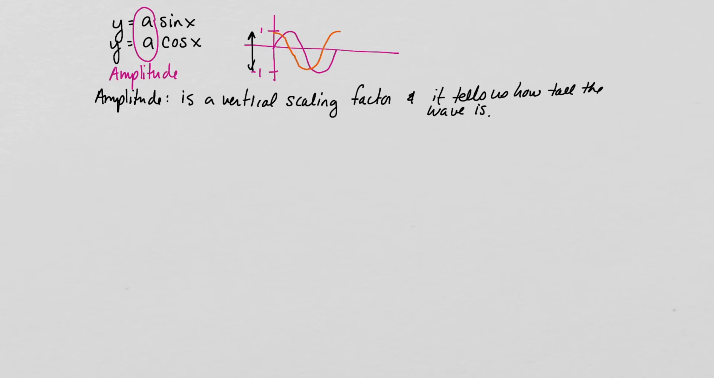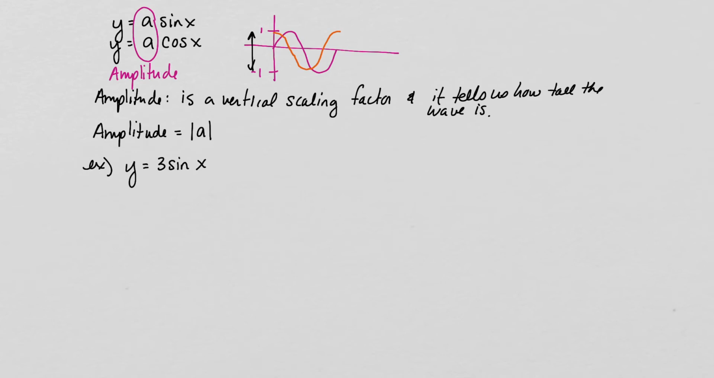The value, how tall the wave is, so the amplitude itself comes from the absolute value of A. So we'll talk about what happens if A is negative in a minute. But how tall we get depends on what the absolute value of A is. So for example, if we wanted to sketch the graph y equals 3 sine x,